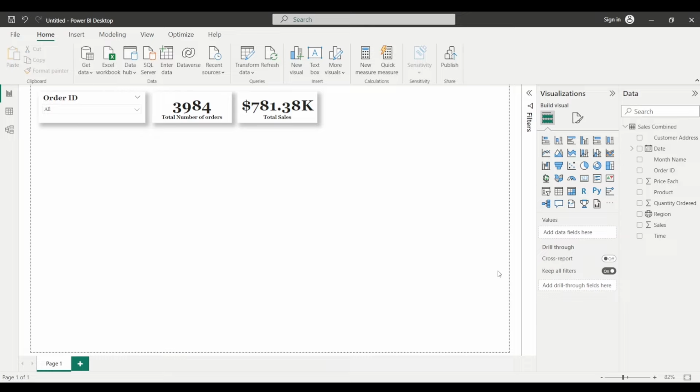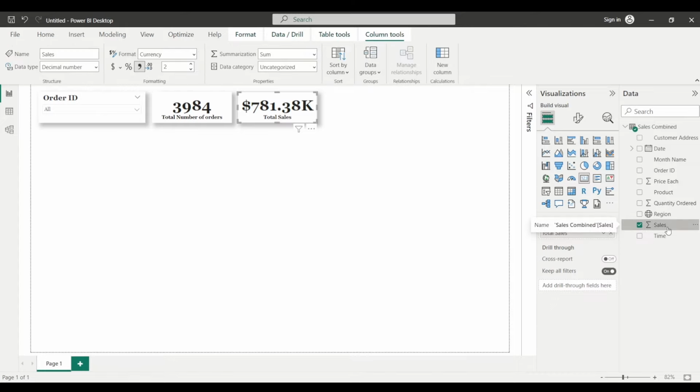But before that, there was one more thing that we had to discuss in the previous session. We didn't discuss it. So as you can see on this particular card visual, where the total sales is represented, you can see a dollar sign before this figure, that is 781.38K. There is a dollar sign. Now let's say I want to remove this symbol. So I'll simply click on the sales field,